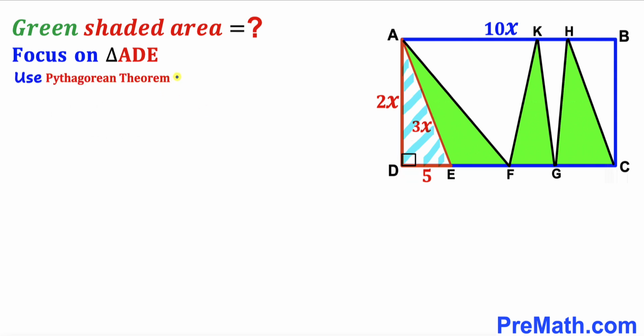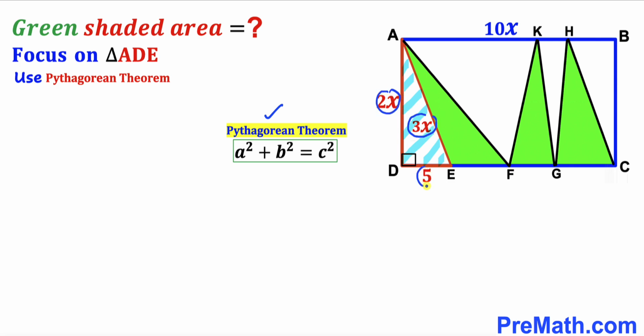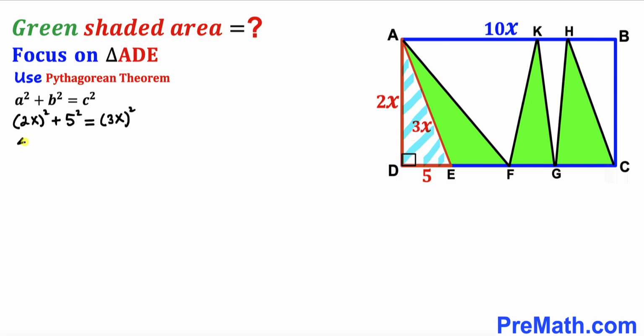We are going to apply the Pythagorean theorem on this triangle. Here's our Pythagorean theorem: a square plus b square equals c square. In our case, our hypotenuse is 3x, and our two other legs are 2x and 5. So let's fill in the blanks in this formula. We get 2x whole square plus 5 square equals 3x whole square. Let's simplify. That gives us 4x square plus 25